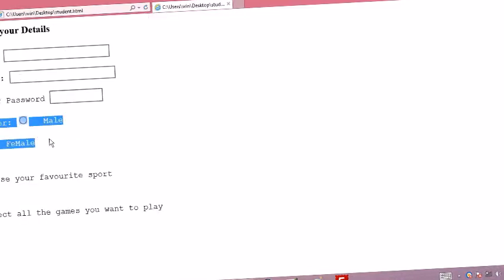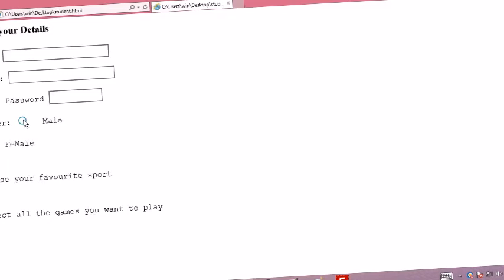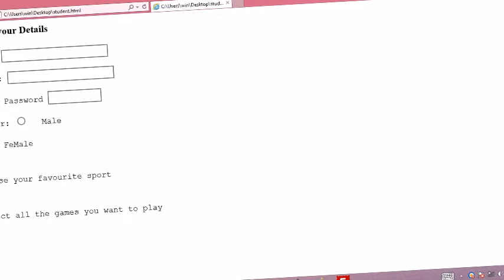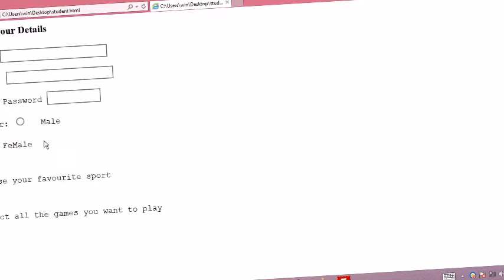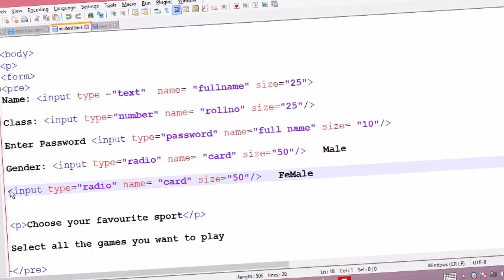See, here we got gender, and this is the radio button, because the speciality of radio buttons is we can select only one. If we select this, the other is deselected, right? But see here, it is not in proper order. We want both the buttons just below this one, and we want the female word also starting from here. So for that we have to give space in the code.